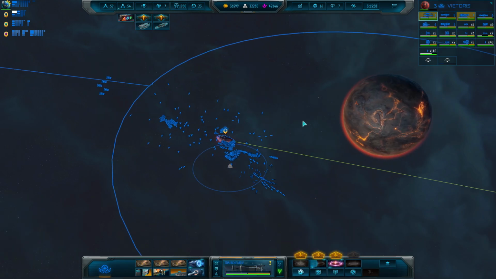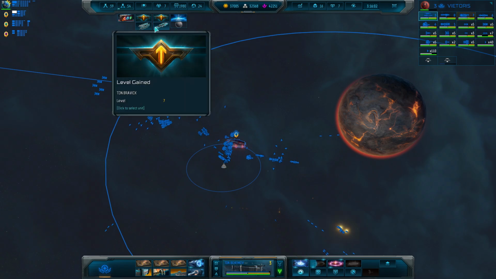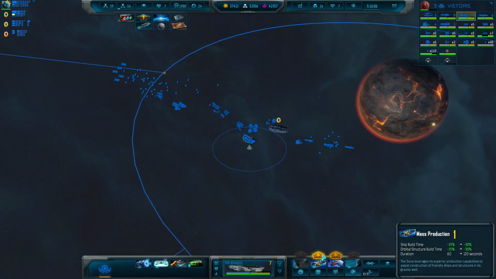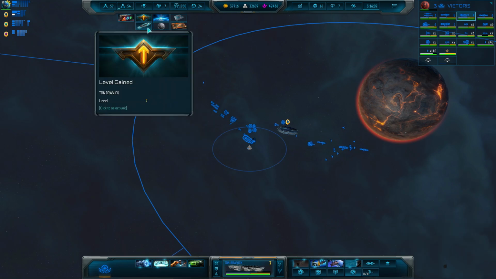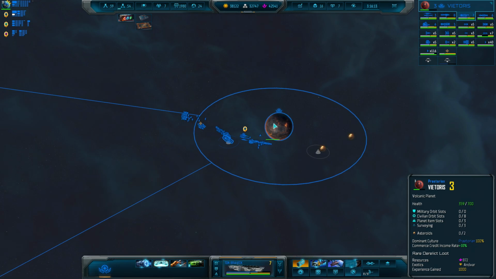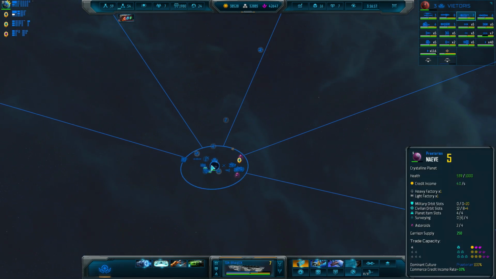We did get some level ups here, so let's go ahead and make sure that we do that now while it's up here. And I guess we'll get the mass production one. Alright, so this is colonized as well. Did we finish over here? No, we still have to get the defenses. So